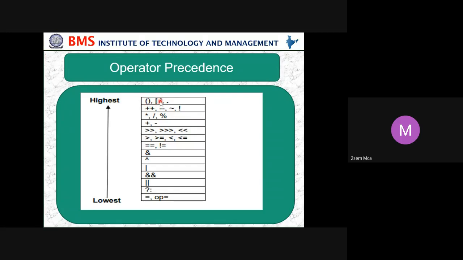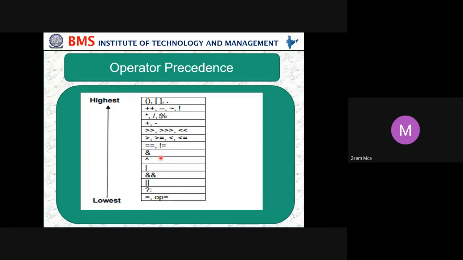So parentheses have the highest priority, then increment and decrement, negation and the exclamation mark. These operators will be given the highest precedence. After this, multiplication, division, and modulus, then plus and minus. That's what you can see in the last example. First multiplication is done, later plus is done.